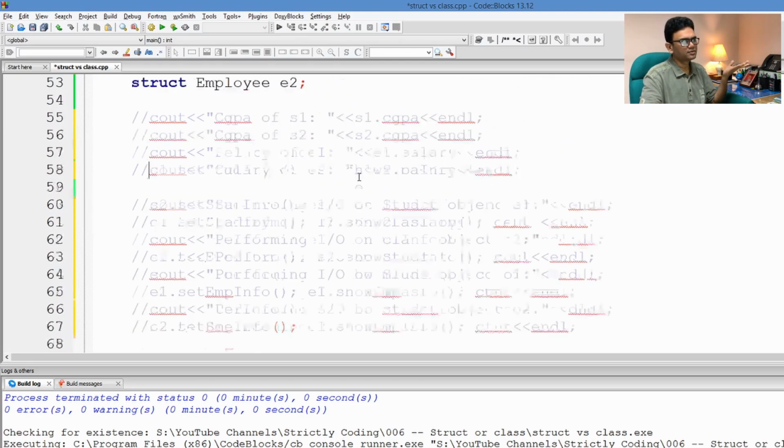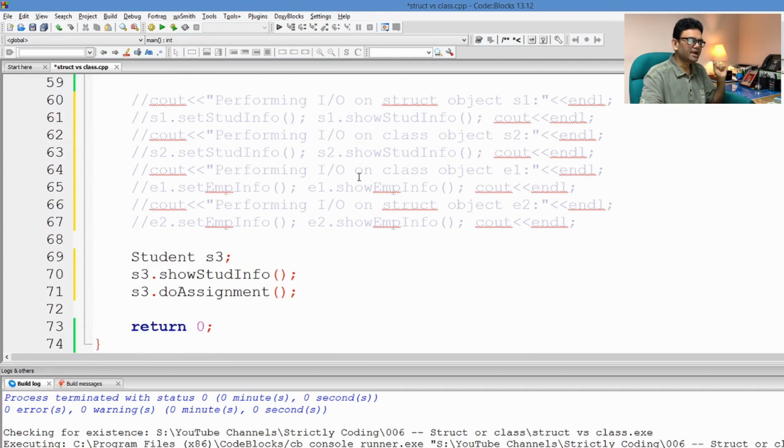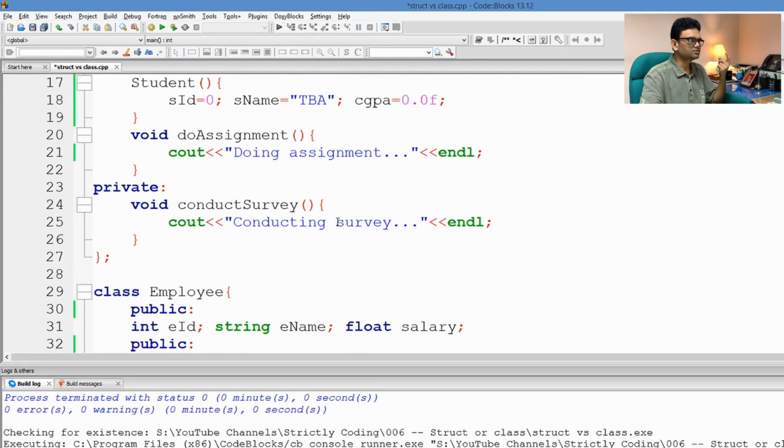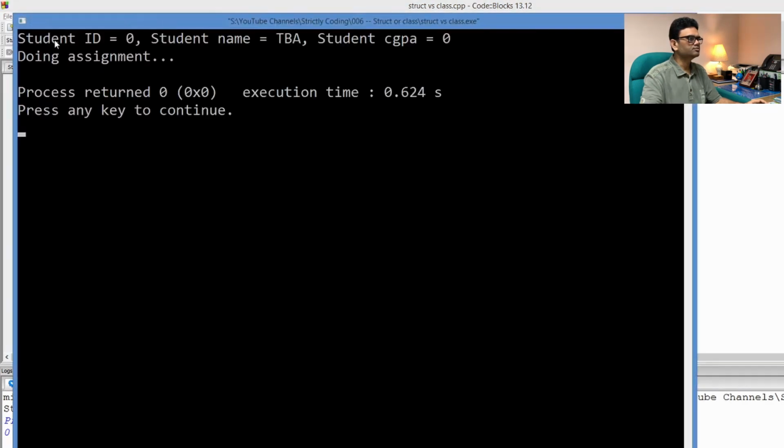No set student info is called for S3, so it will show the default values set by the constructor, which is ID as 0, name as TBA, and CGPA as 0.0. And now we are calling doAssignment, which is a public method in the Student structure. It will print doing assignment, okay? So let's check that. Build successful. Now it is printing the default values set by the constructor: student ID is 0, student name is TBA, student CGPA is 0, and doAssignment is printing